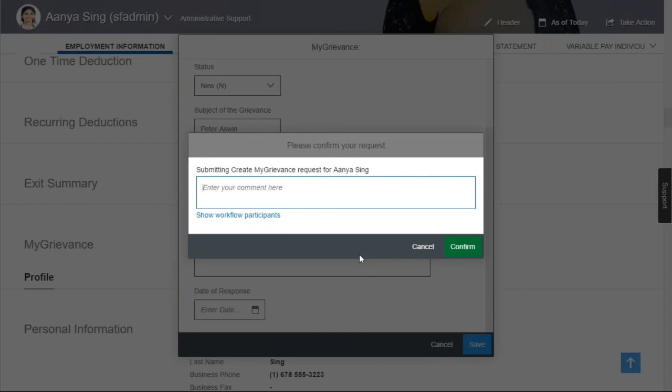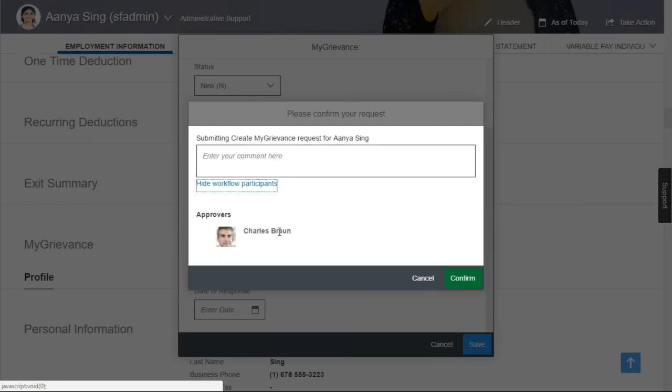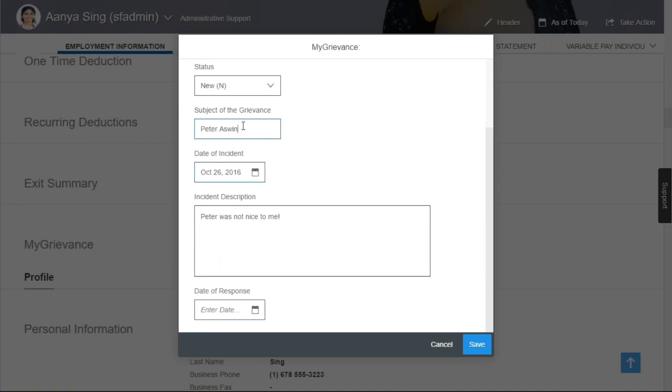Now we can see the workflows popped up. We'll show participants, and this is the manager of Anya. So we can see that it selected the manager because the subject of the grievance is not the manager. But if we were to say, put him in here,